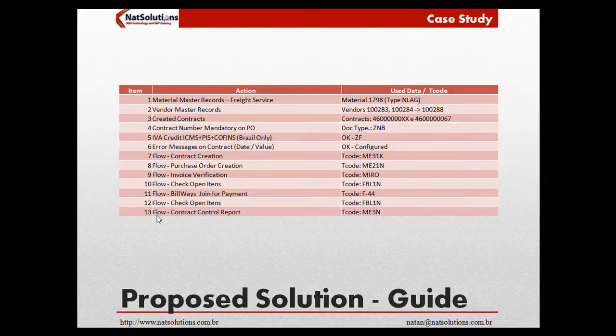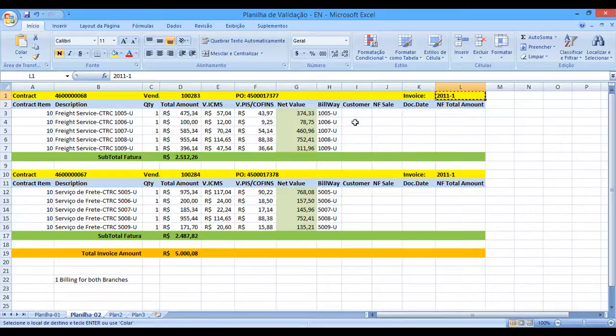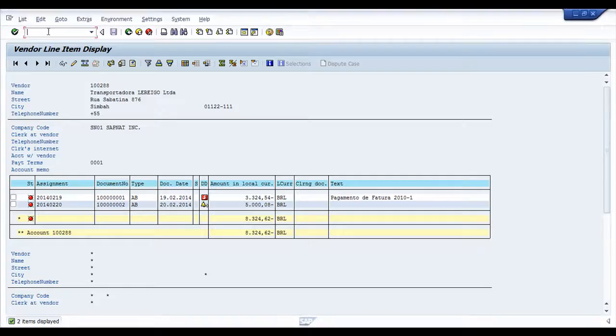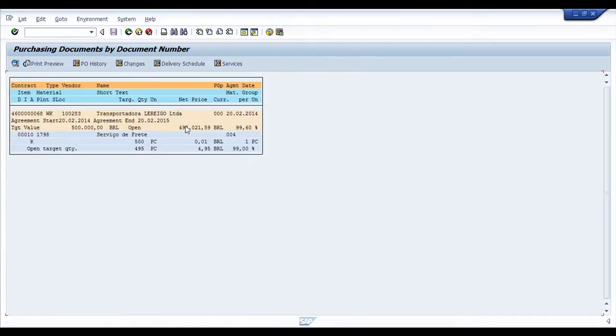There is one more piece of information that's possible with this new scenario: using the contract control report. What is it? I have this new contract that we have created, this one. If you open this transaction code, I have the number. If you run, the system tells me, okay, your contract target value is 500,000 reais. It's open so far. This one for 98,000 reais. Okay, so I have open